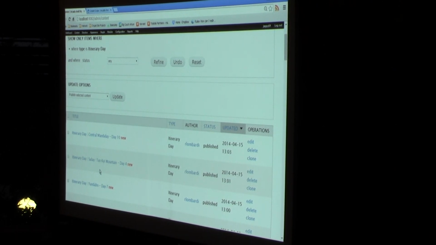That's not when you're building the schema, but when you're adding content. What automatically does it? This is auto entity label. So in other words, if we go to this particular node, for this itinerary day,